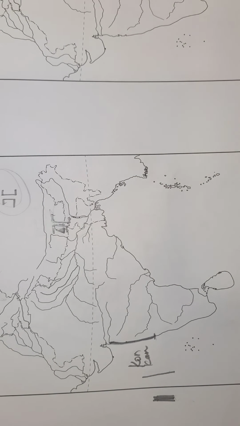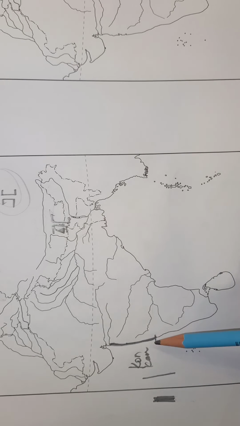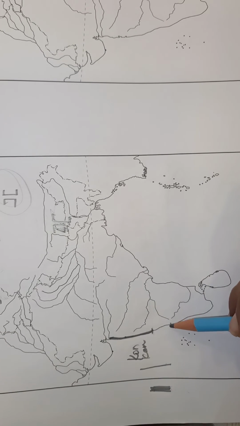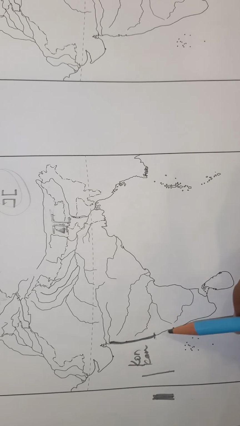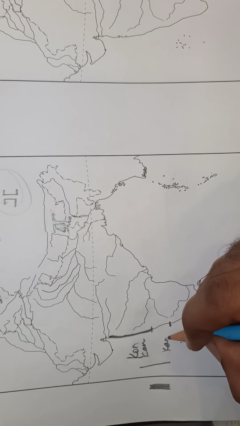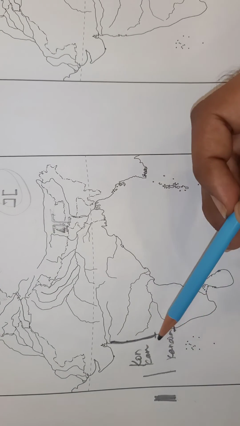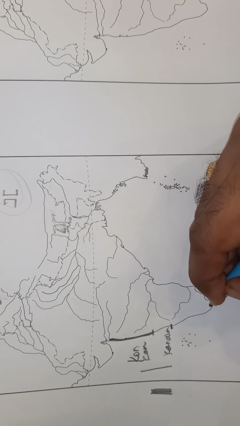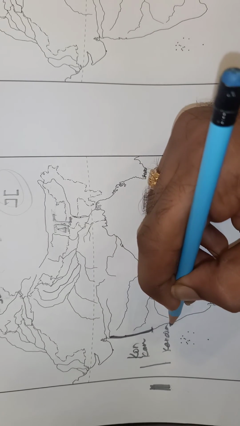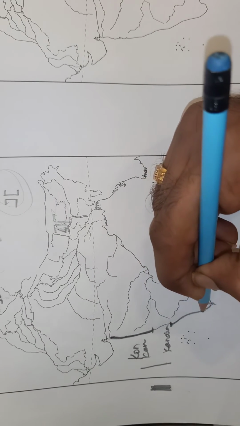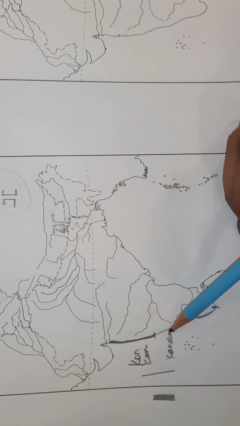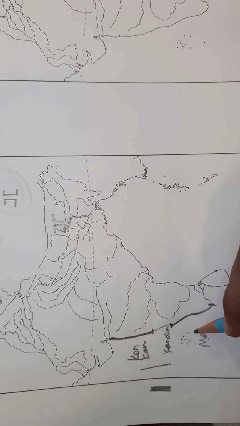Next we will be drawing the Kanara coast. From here where the Konkan coast ends, and from the starting point of this river, this area is the Kanara coast. I will not draw it, I will just write it so that it is easy to understand for you. And from here up till the middle of South India, this is the Malabar coast. So if in the exam you have been asked to mark the Kanara coast, you have to just mark this much area. This is the Malabar coast.